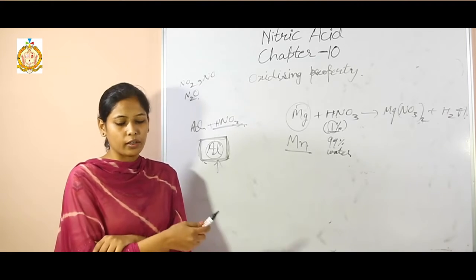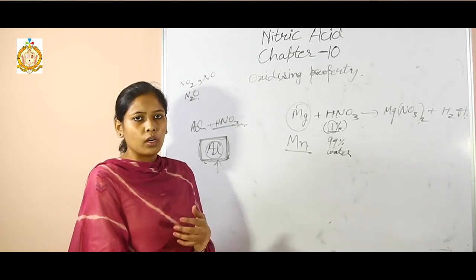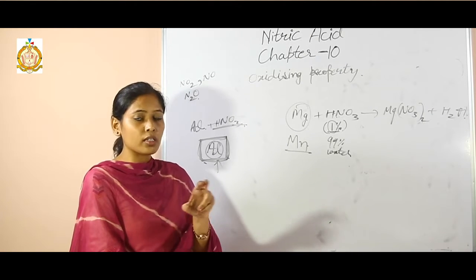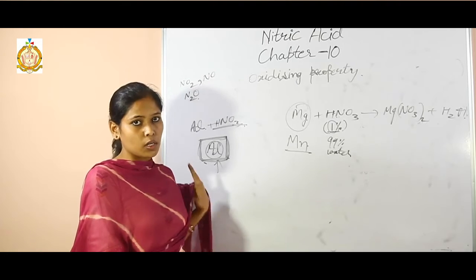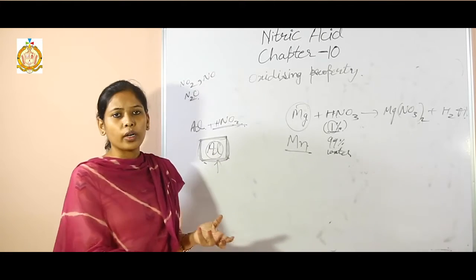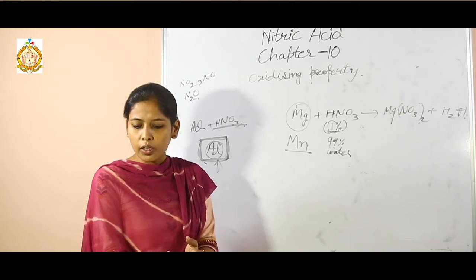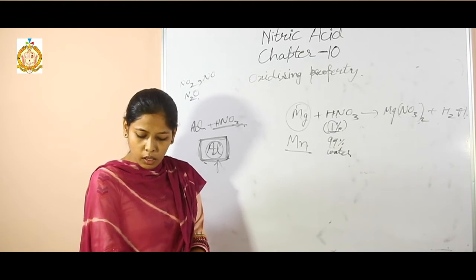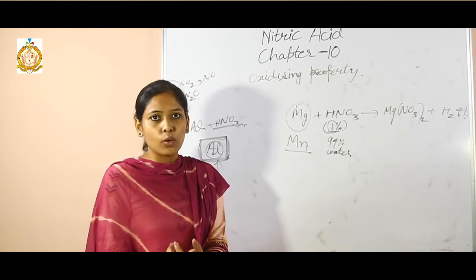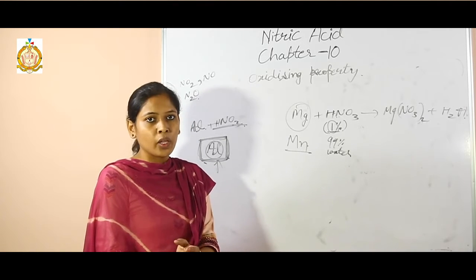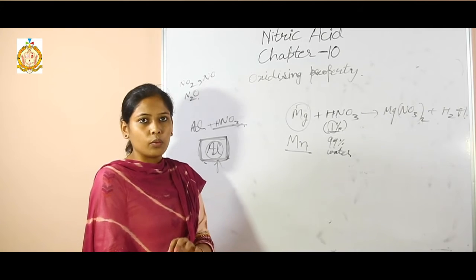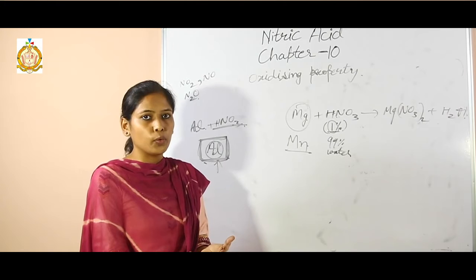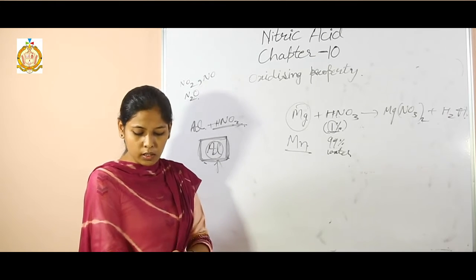Next one is uses of nitric acid. It is used to etch designs on copper or other metals, to make designs on the metal surface. It is also used to prepare some important compounds such as potassium nitrate and ammonium nitrate. Next, it is used to purify gold, and it also acts as a rocket fuel oxidant. Now why rocket fuel oxidant? Because it helps to oxidize the fuel, meaning to burn the fuel that is used in rockets. Nitric acid is used.